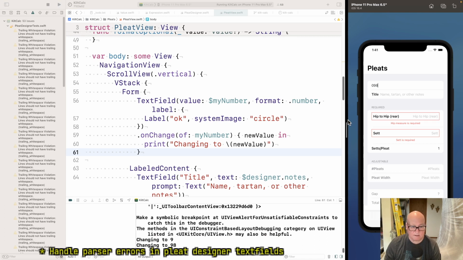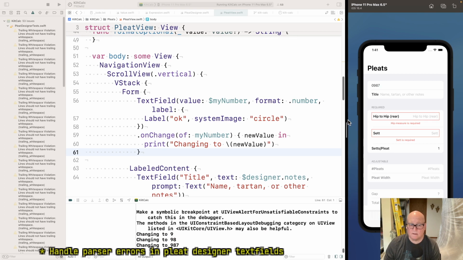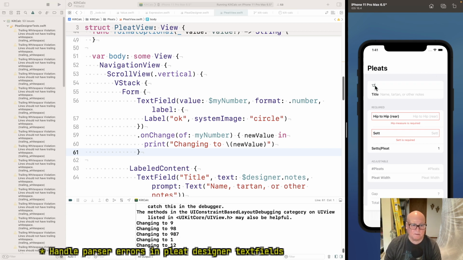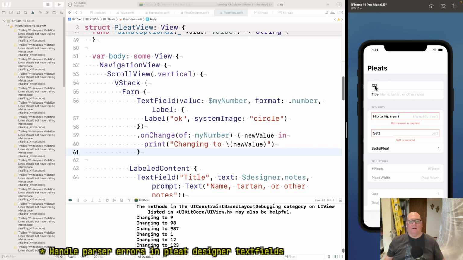Interesting, the 8 is still there. I guess because numeric. It was printing out the value directly, so okay. So let's do 1, 2, 3. Okay. Well, I hate to inline all this stuff.